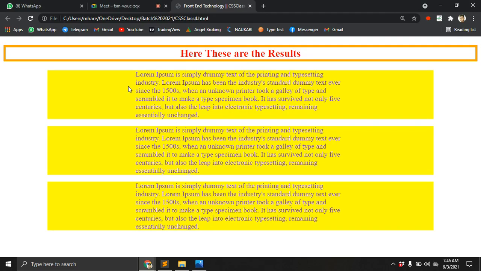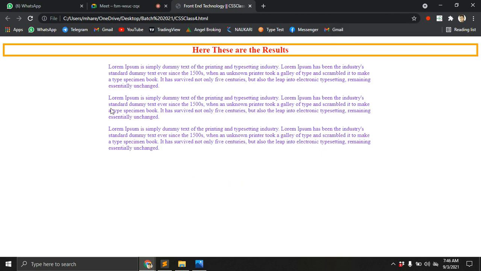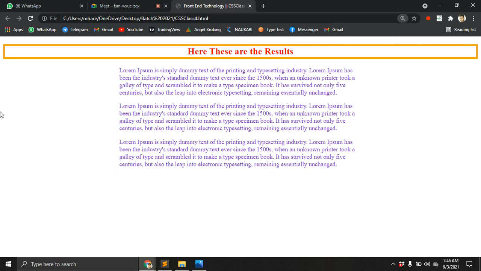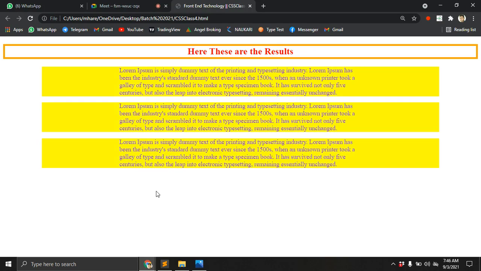When I remove this, save and refresh. Here you can see the padding, and here is the margin. The margin is 100 pixels and the padding is 200 pixels. When there is no color it's difficult to understand. Let's save and refresh.